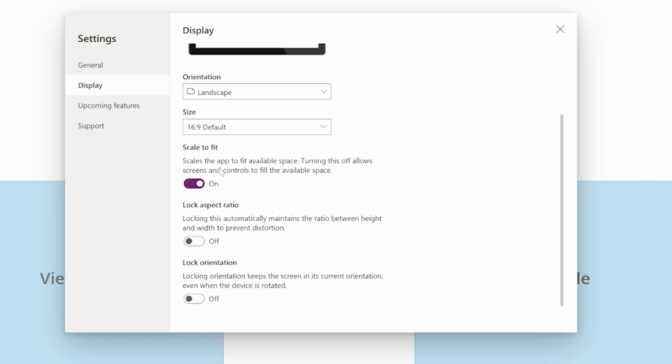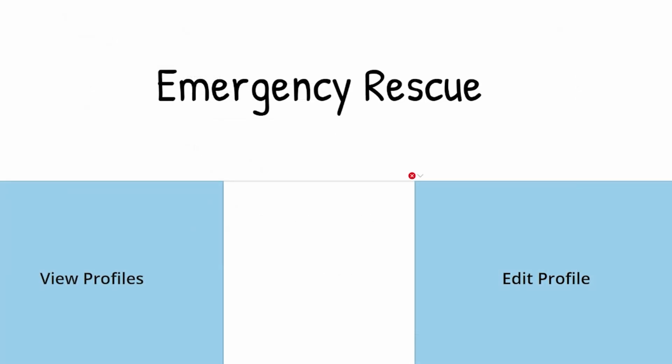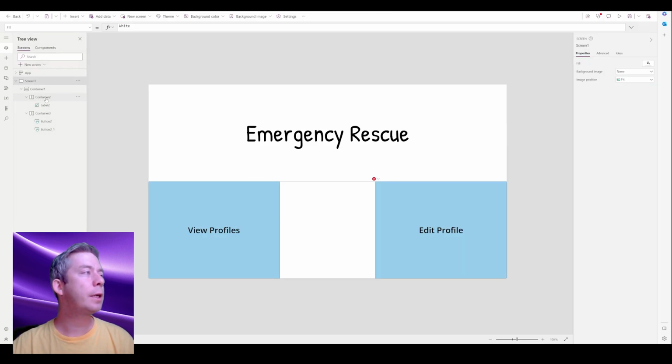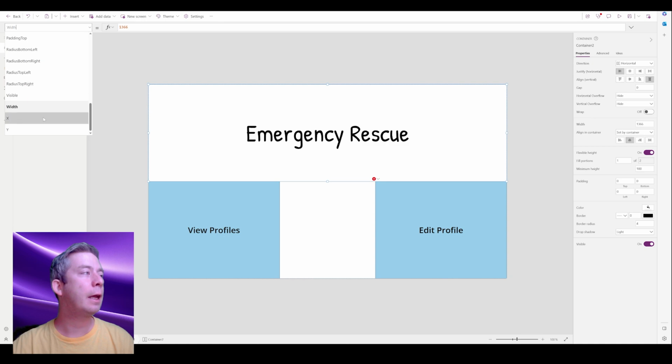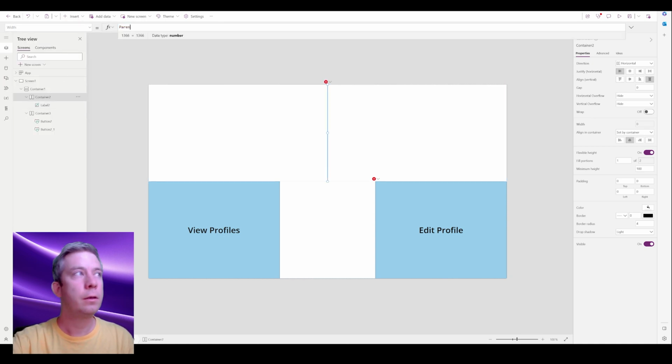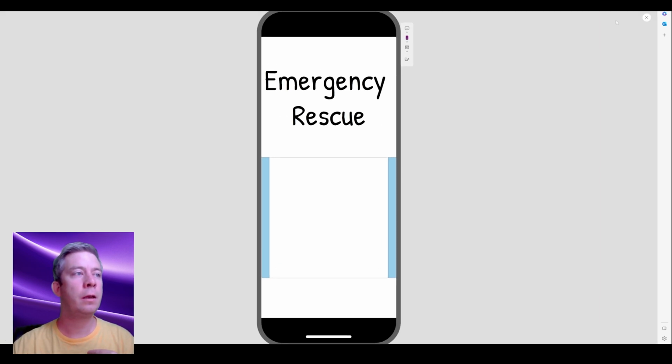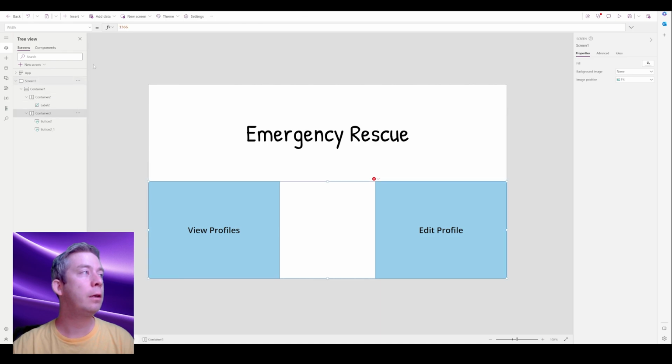So it's kind of backwards thinking to me, right? Scale to fit. No, turning this off allows screens and controls to fill the available space. Okay, so let's turn that off. And let's take a look at what we have right now. So right now it's not fitting perfectly, but we have a little bit more work to do. So let's go to container 2 and the width again, parent.width. Okay, let's take a look again. Look, the title is now fitting in there correctly. Okay, so now let's do container 3,